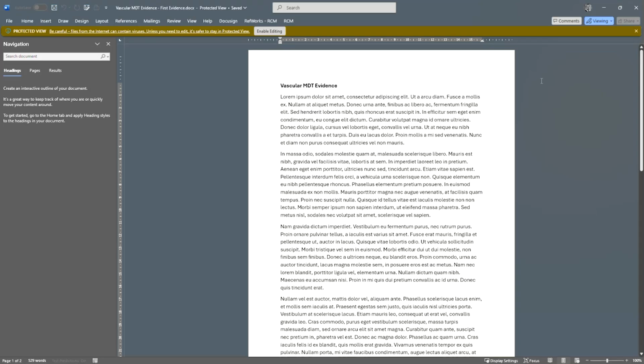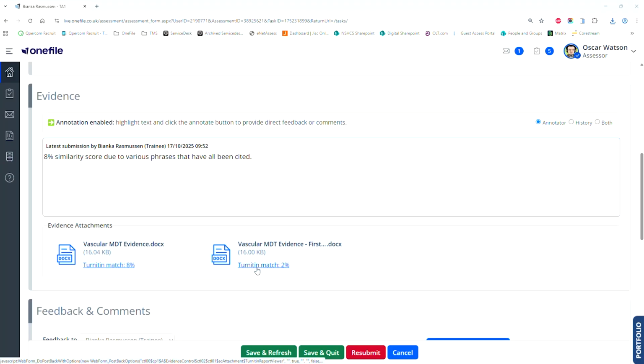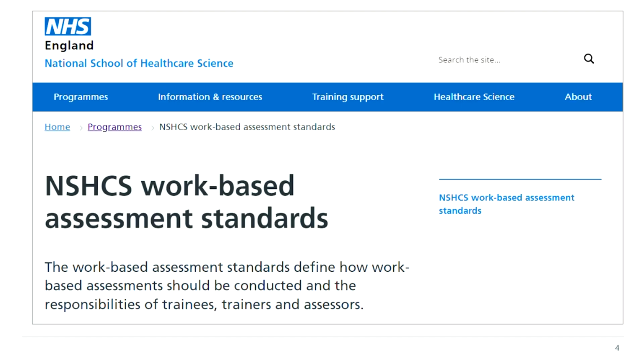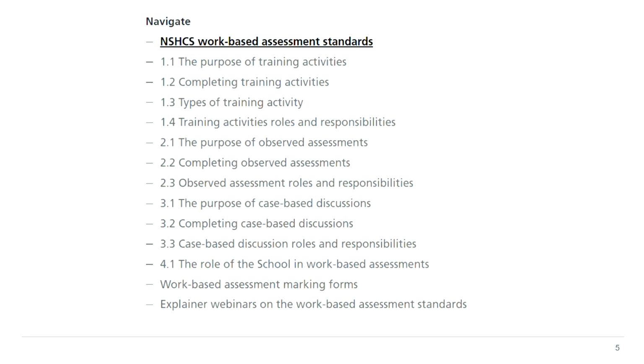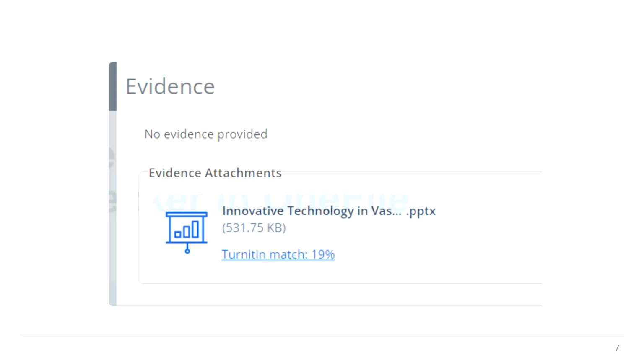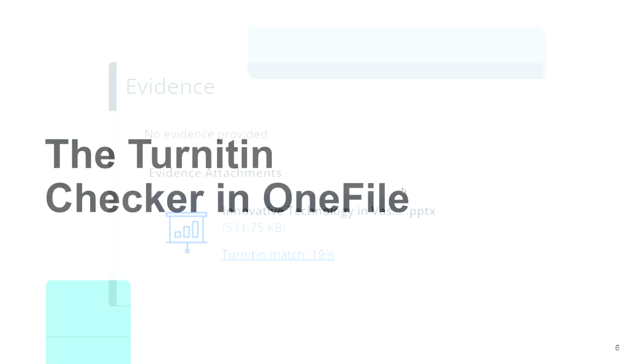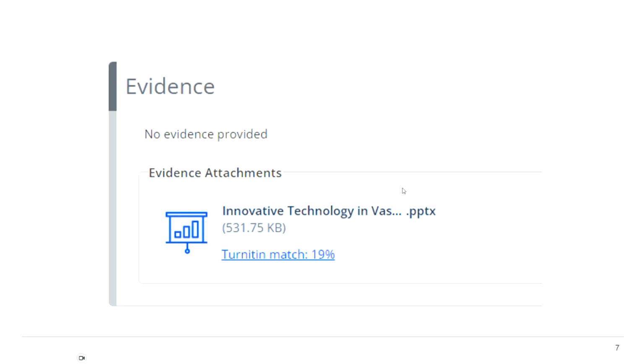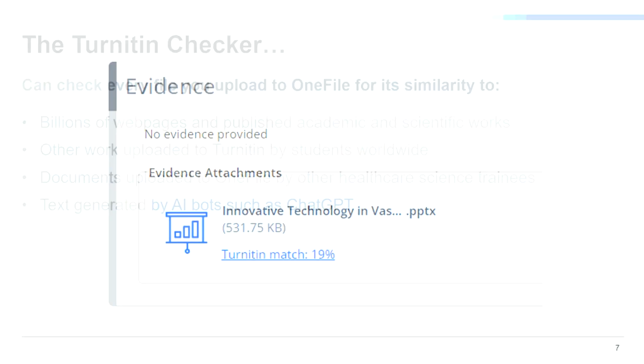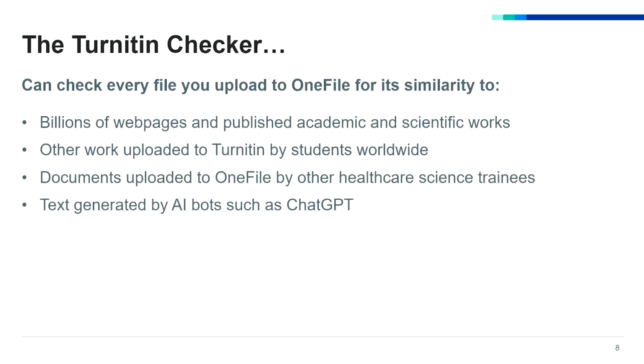But now I do need to take a look at this Turnitin report here. So what is Turnitin? Well, if I just pop over to my presentation, the Turnitin checker in OneFile checks our trainees' work against various pieces of... hang on, where has that slide gone? There we are. The Turnitin checker checks all of our trainee evidence against billions of web pages and already published